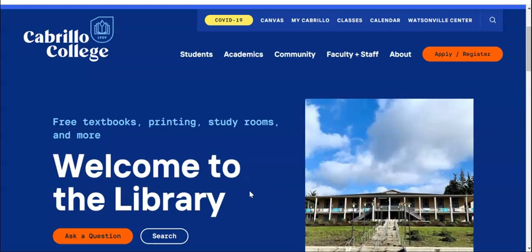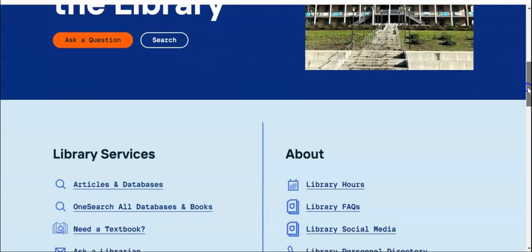Academic Search Complete is a multidisciplinary database that includes journals, magazines, and newspapers, and is a good place to start research. In order to open and use the database, we will start here at the library homepage and scroll down